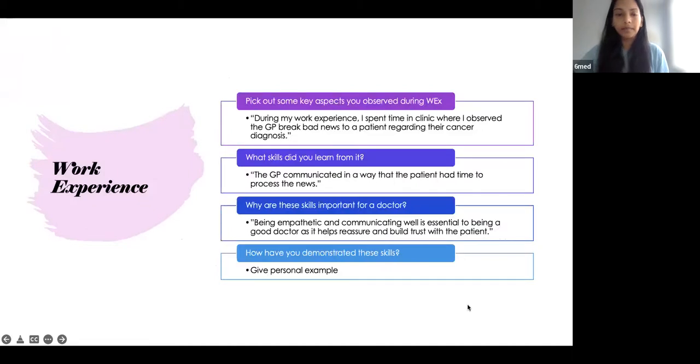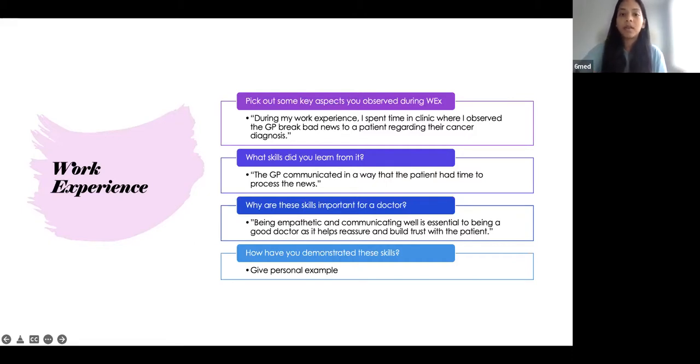So with your work experience, like I said, this is just an example that I've written of how you can reflect on your work experience. So let's go through it in a little bit more depth. So like I said, pick out some key aspects that you observed during your work experience. So for example, I've just made this example up just so you can see how you need to write